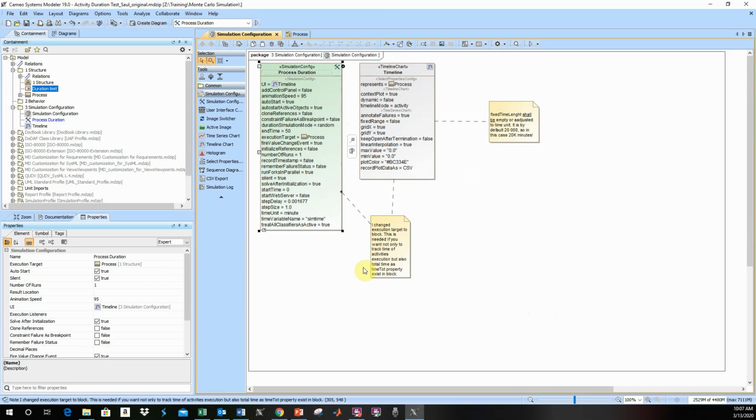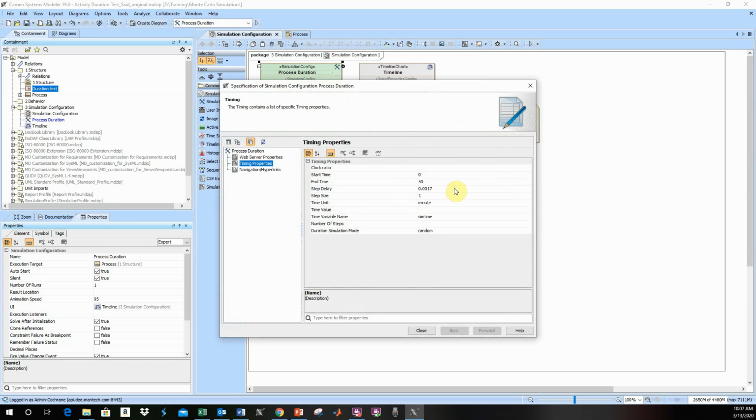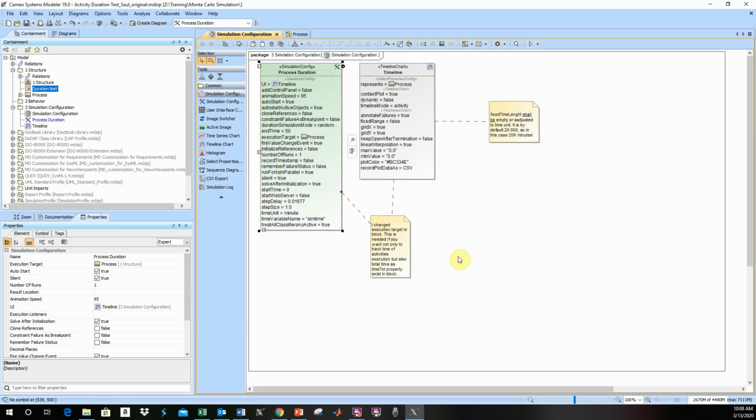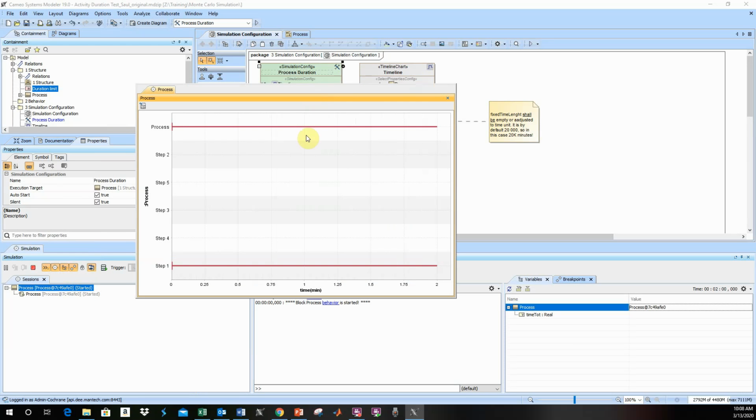This is the simulation configuration, and if I open up the specification and go to the timing properties, what I did was, because here on the step delay I had actually divided one step size of a minute by 60 so that I had 1 second equal to 1 minute. And when I ran that, you can see that each step is 1 second, so it's a minute, and it's building everything up, which